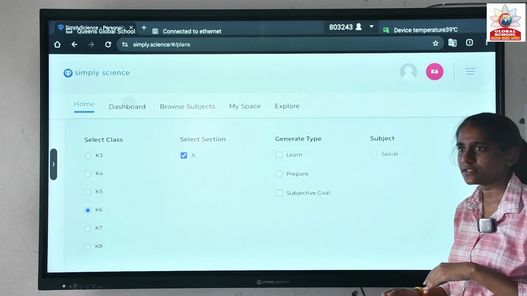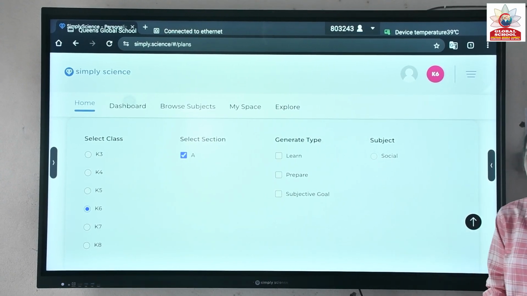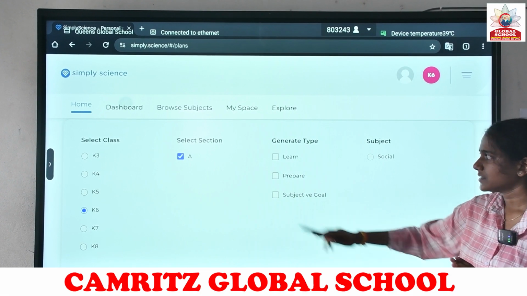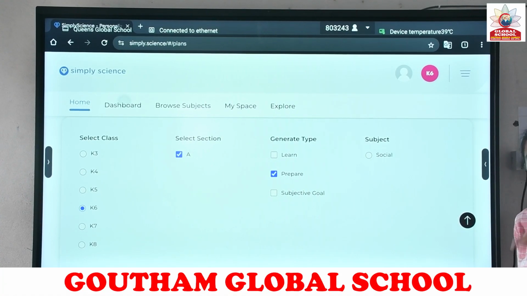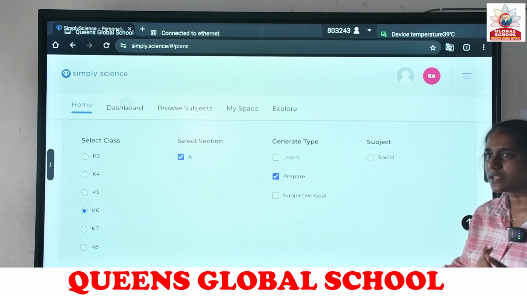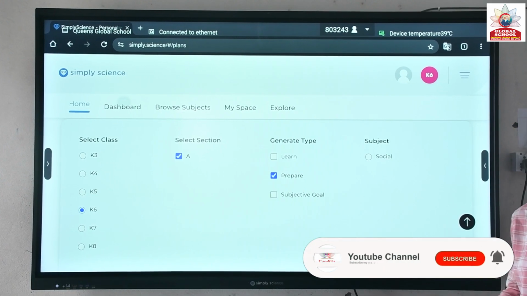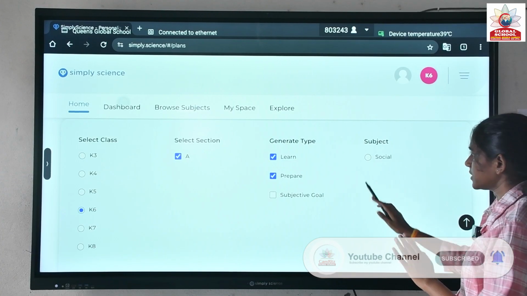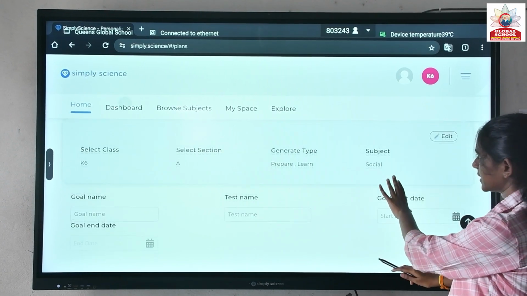Learn, in the sense, if the students want to read the particular topic once, you can go with learn option. Prepare, in the sense, once they have prepared and they want to take the test on that particular topic, you can go with prepare option. Subjective goal, like subjective type of questions you want to give, you can go with subjective questions. You can choose whichever you want and subject, because this teacher is only assigned for social,